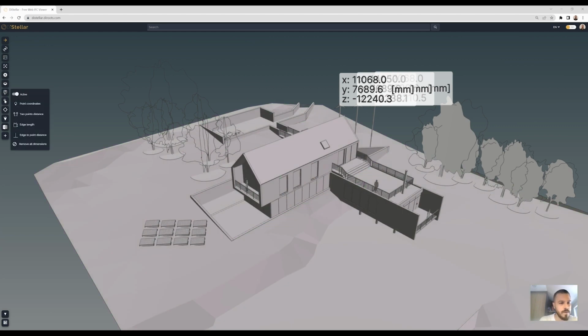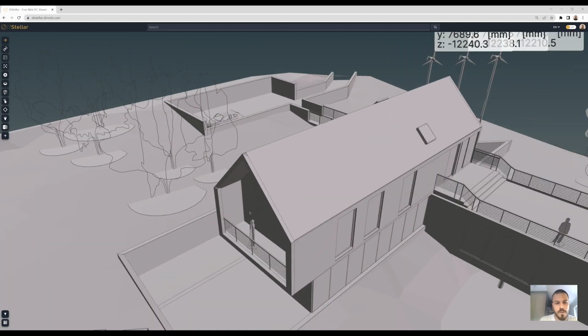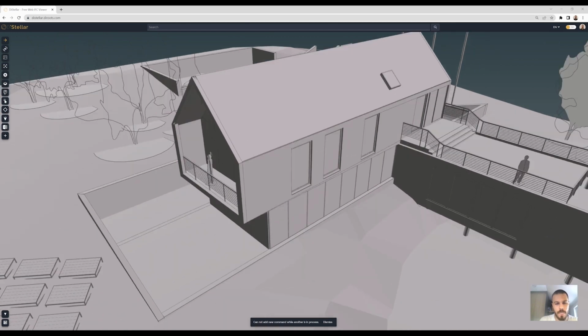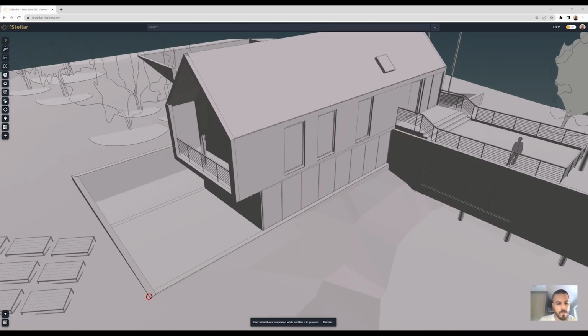what I would try to show you again, a few more points, is that we can measure distance between 2 points. I have no idea did I click, so I will click again. Measure 2-point distance. Okay, so what we can do, for example, we can measure from here to, I don't know, let's say that this is some interesting